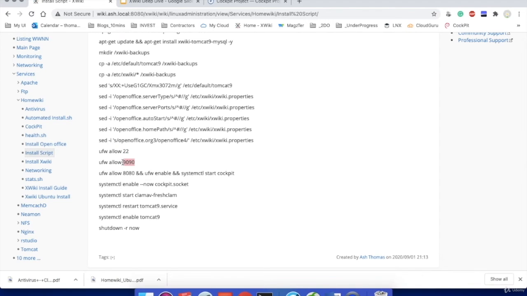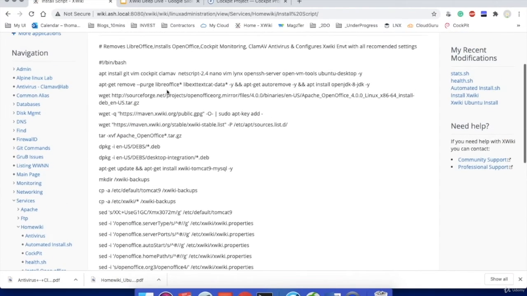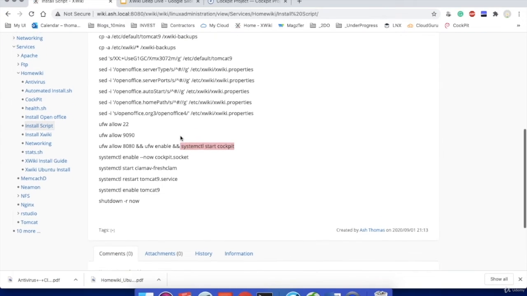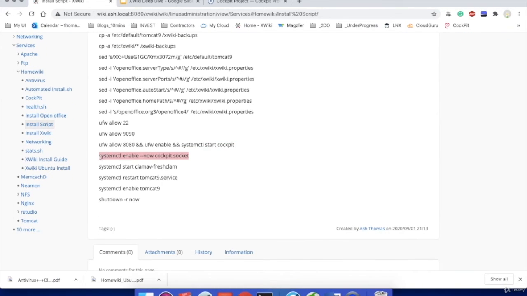Similarly, 9090 is our cockpit port, which is a service we install here. And that's what this step is. UFW allow 8080 would mean we are allowing the Xwiki port to communicate outside. This is a command to enable the firewall service, and this one is to restart the cockpit service. And these commands ensure that as you restart the system, this cockpit service comes back on